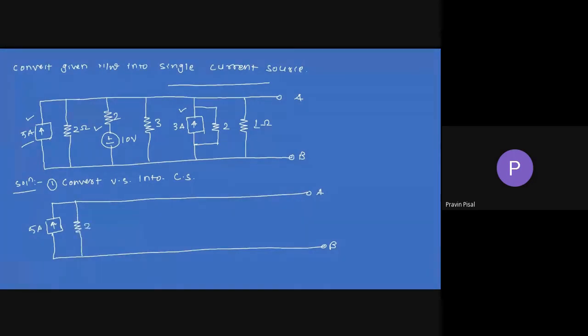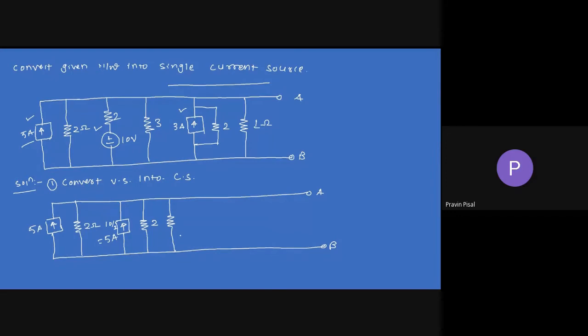Okay. Now we are coming here. So now replace this voltage source with the help of a current source. Okay. Like this. So the current will be in the upward direction because of positive negative. Now the resistance will come in parallel. Okay. This will be 2. So what will be the current value? Voltage by resistance. So it is 10 by 2. So the answer is 5 ampere. Fine. This resistance will be as it is.